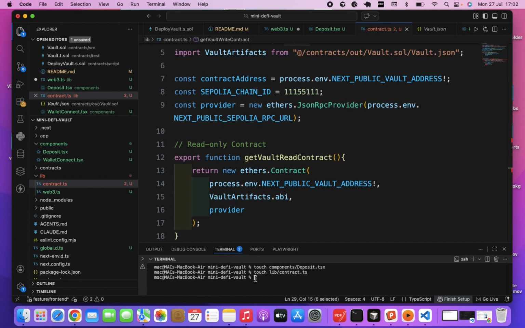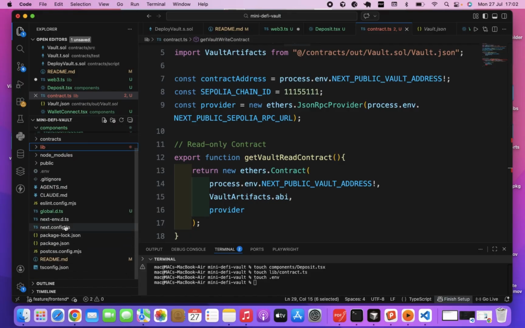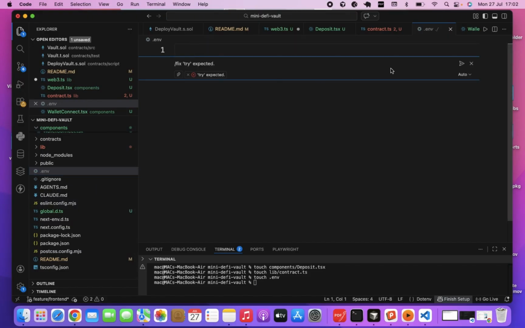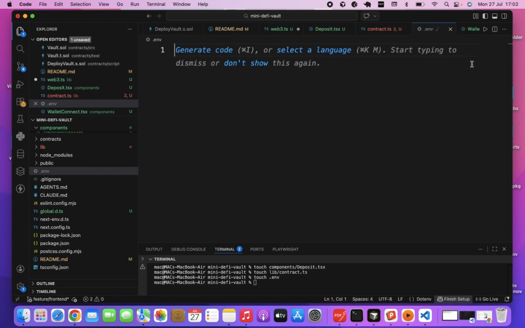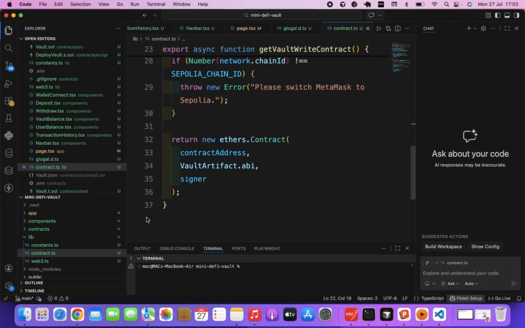In the root directory, create touch .env. So touch .env. Close this. Come to this place. You see the .env. Make sure you are not inside the contract folder. So this is the .env. So in this .env, we are going to have